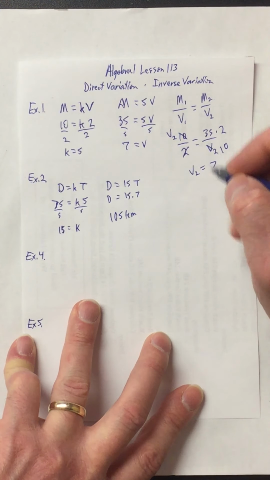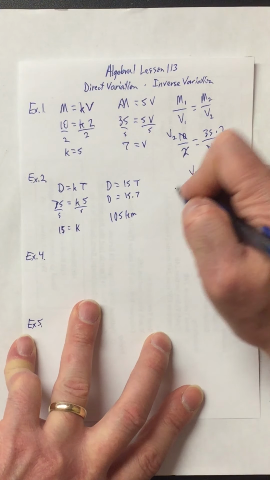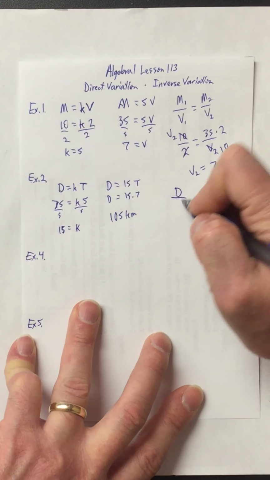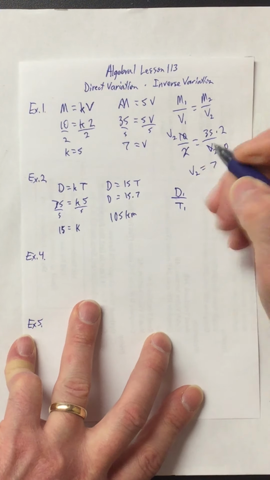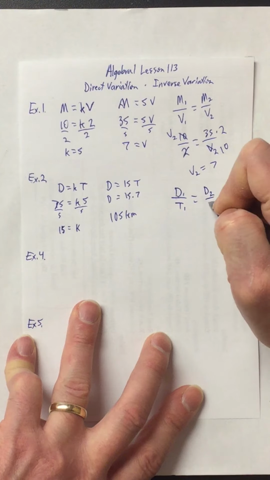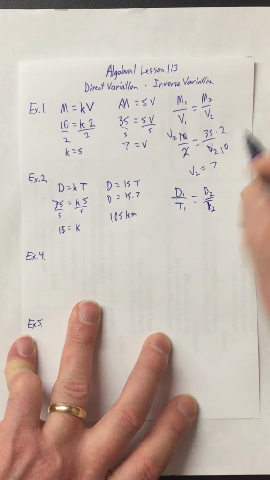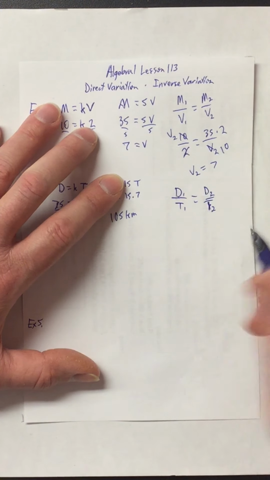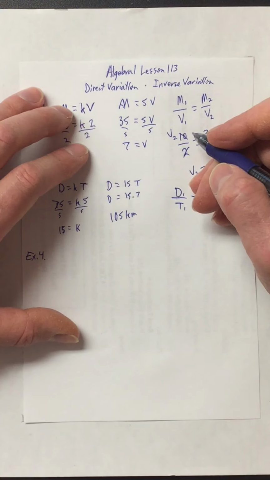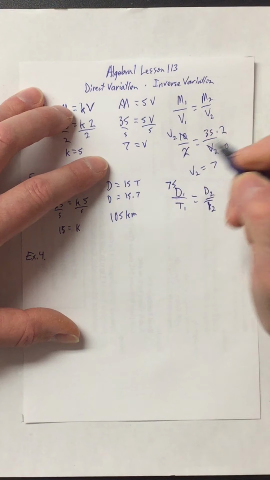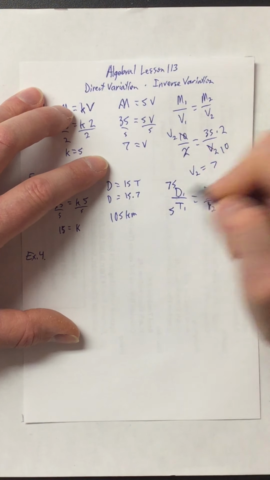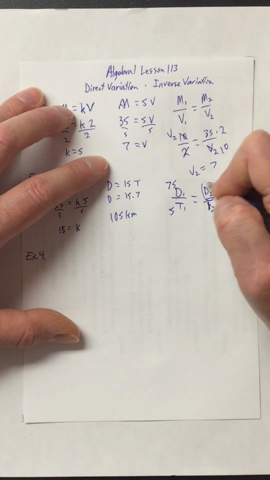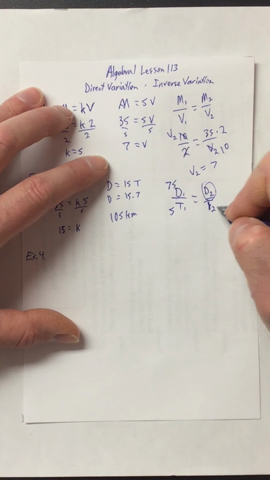It's a direct relation, so we're trying to solve for D, so we'll put the D's on the top. So D1 and time 1 is equal to D2 and time 2. All right, you can see direct proportion, we keep the same things on the same levels. Our first distance is 75. Our first time is 5. Our second distance is what we're trying to solve for. Our second time